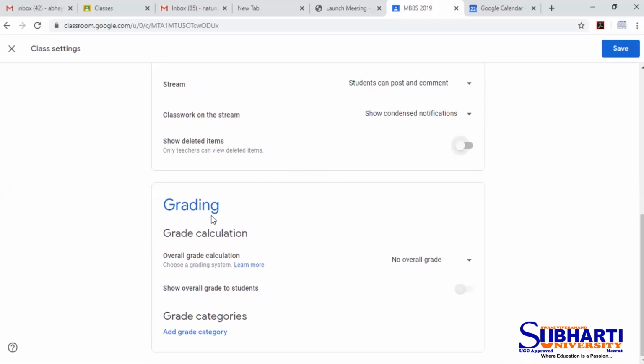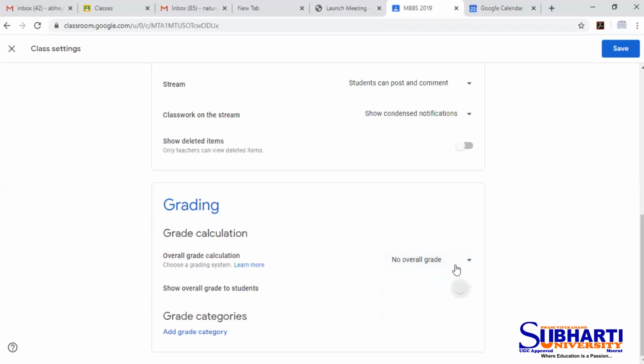The grading section here, now grade calculation: you can set the overall grade here in the setting itself, the total points, and weighted by what weight, that is weighted by category or total points, or no overall grade. This setting can be done here. Whether the overall grade has to be shown to the students or not can be clicked here.